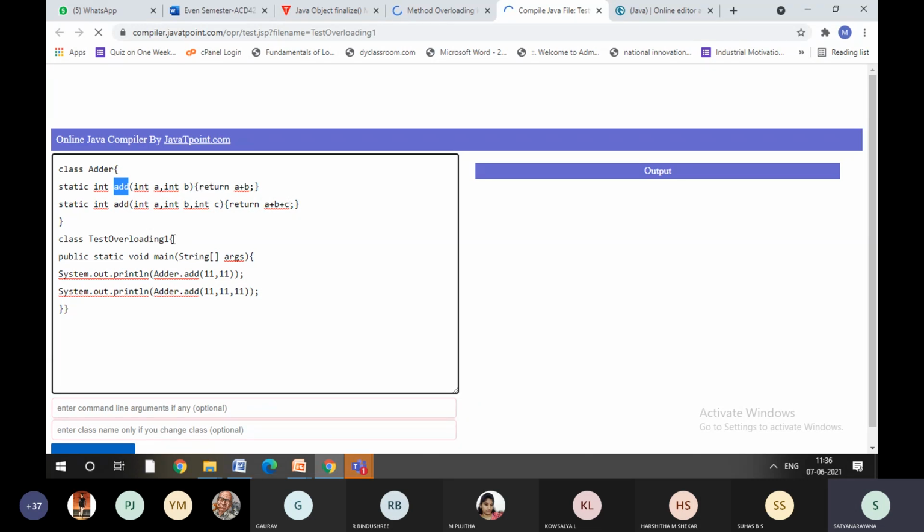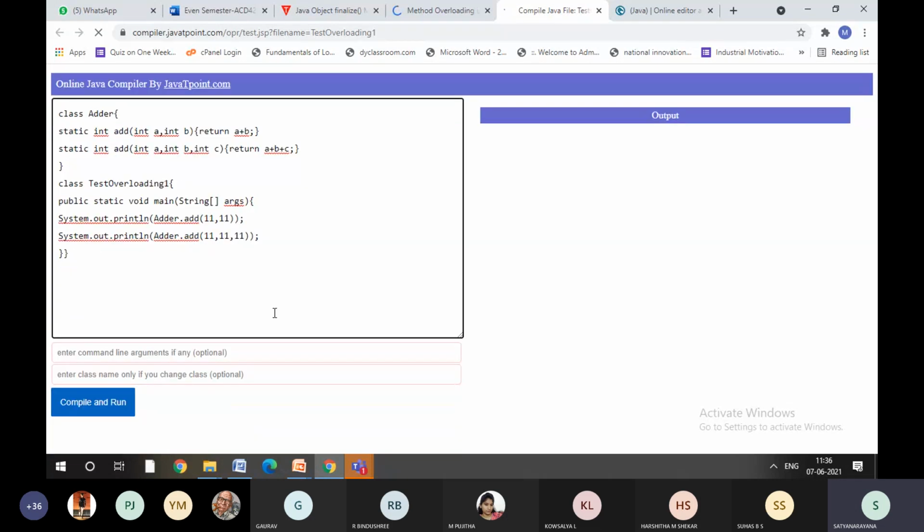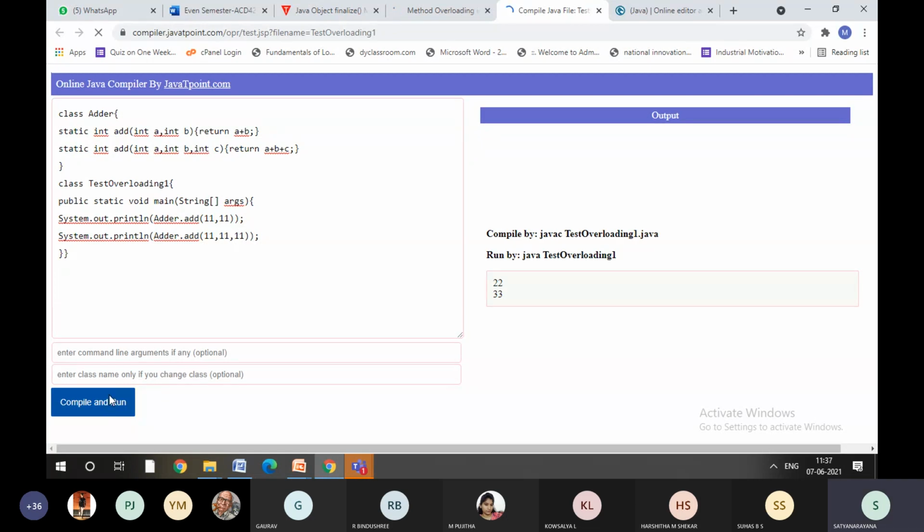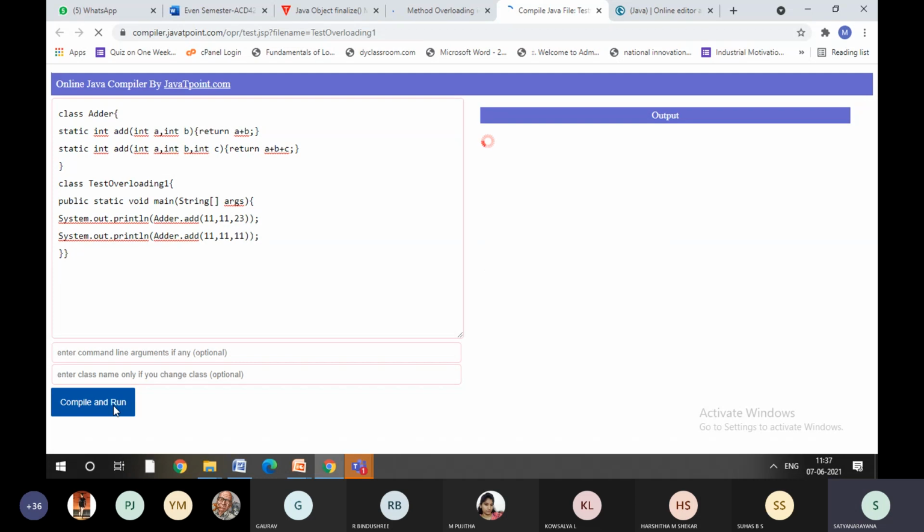I'm going to create one more class, that is the main function. Within this, what I'm going to do is pass these parameters to the Adder class. If it is two variables, then it will execute this method. If it is three variables, it will execute this method. So based on the number of parameters, we decide which method to execute. Say for example, if I compile and run this, obviously I'll get some output. Now what I will do is add one more value here. Now I'll execute it. What will happen? We'll see.